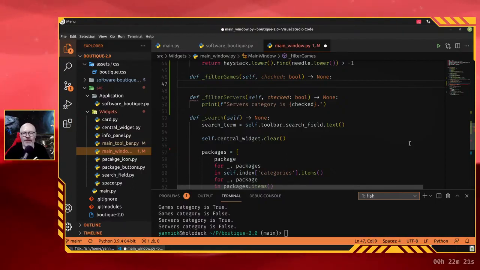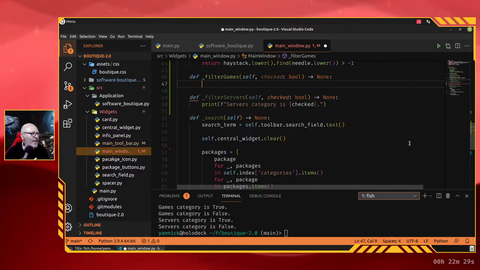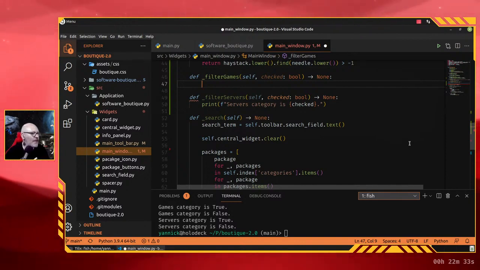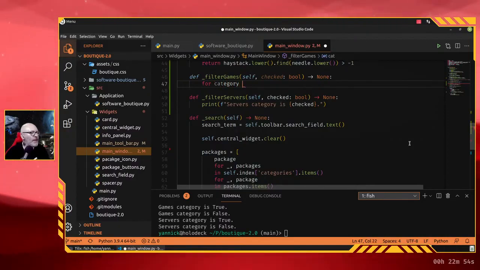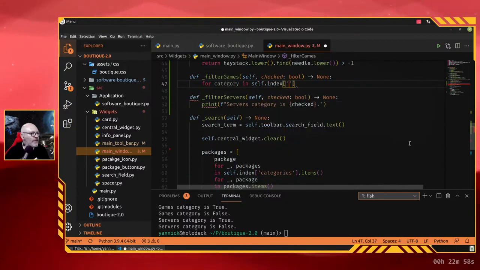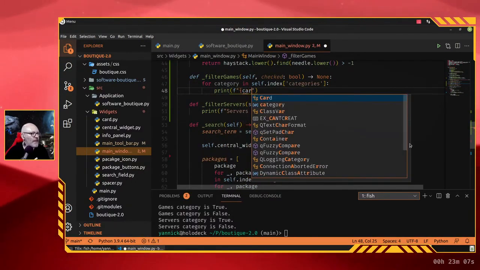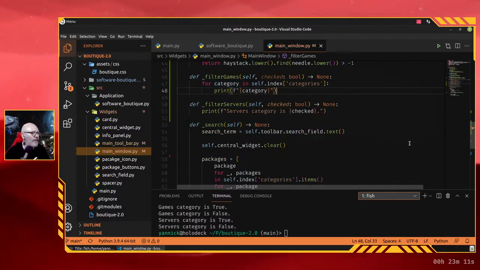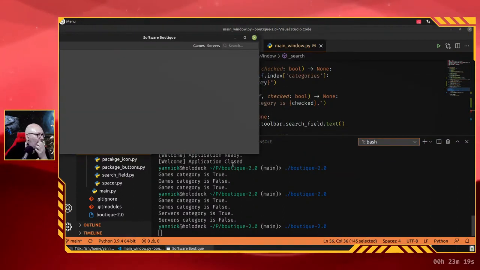As you can probably see, contrary to my other streams, I haven't prepared anything for this one. I was a bit in a hurry tonight, so I'm going to have to rely on the good old print debug method. So for category in self.index of categories. Now what happens if I do that? I should have a block of Python that will show me all the categories one by one. So if I click on games,